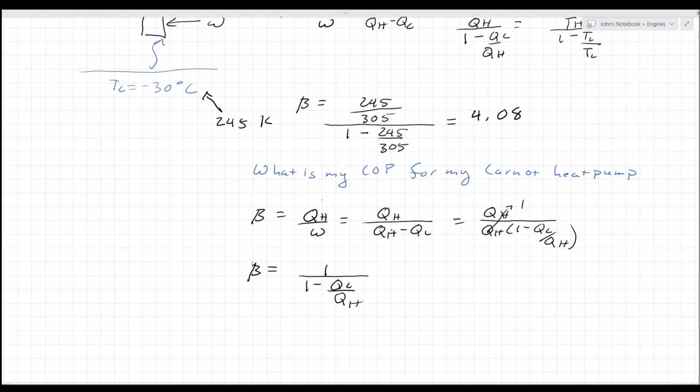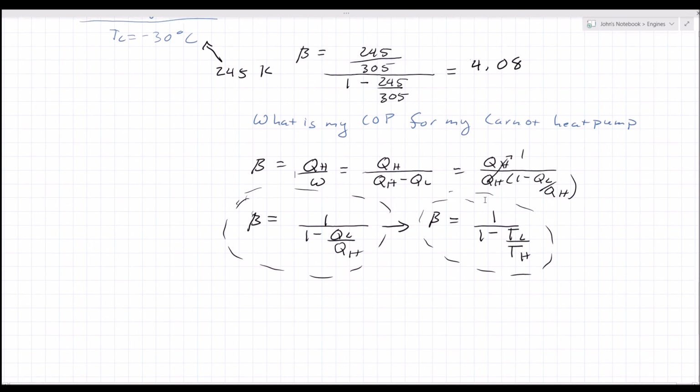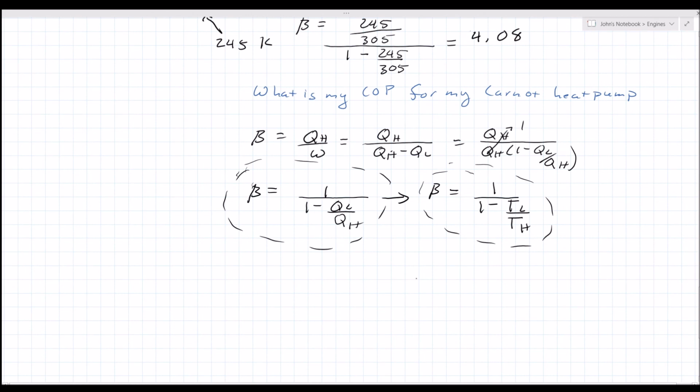This is actually just the coefficient of performance for a heat pump in general. Now, the coefficient of performance for a Carnot heat pump will be 1 over 1 minus T low over T high. This is the coefficient of performance for a Carnot heat pump, which is what we want. So I have my coefficient of performance is equal to 1 over 1 minus 245 Kelvin over 305 Kelvin, and this is equal to,